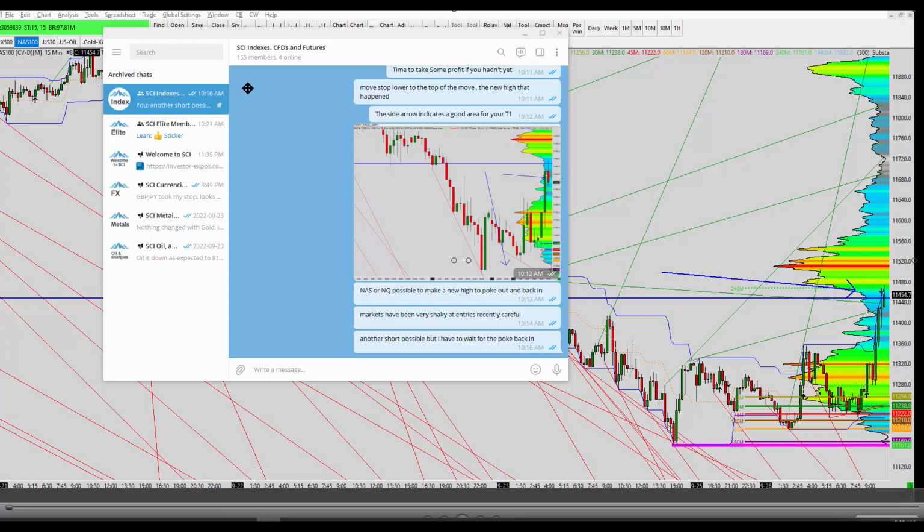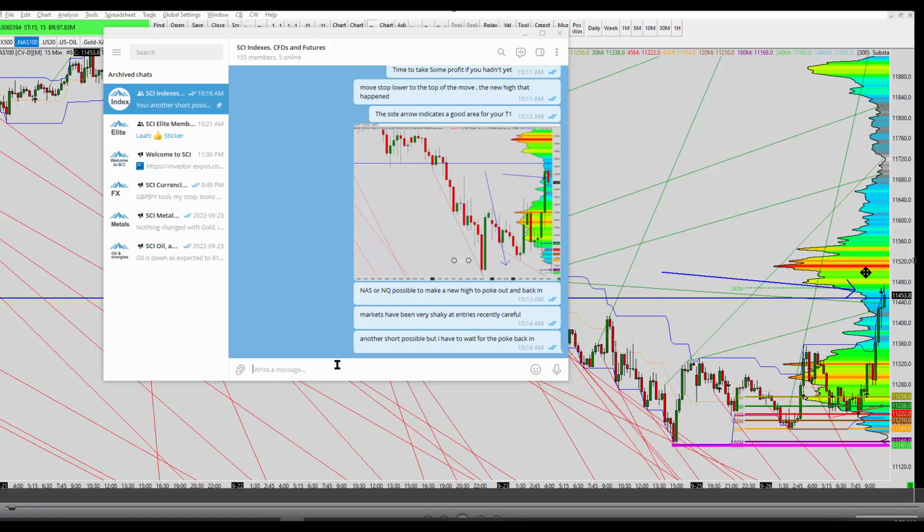So regardless, I have members who took the same call, but in the futures market. The pricing would be a little bit different, but the volume profile, the indicators, and the movement are exactly the same. Tick for pip, exactly the same. So I'm calling the trade. I'm telling everybody there is a stop loss at 11